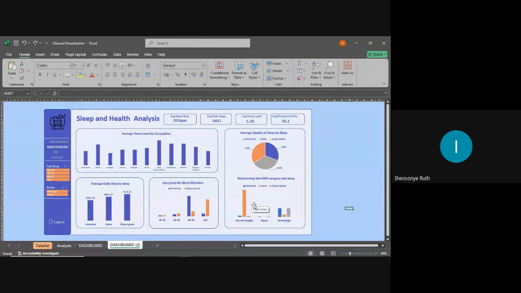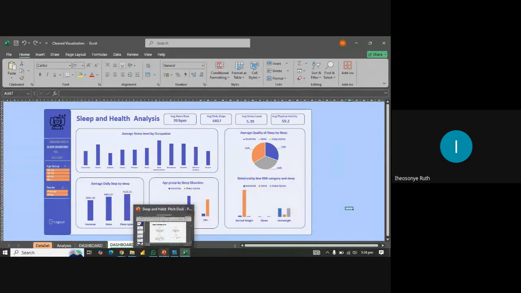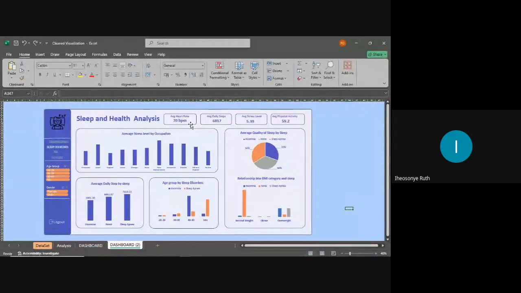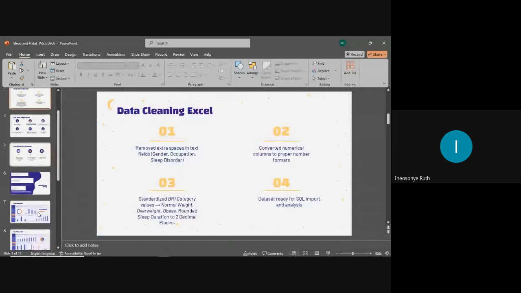So we recommend, based on our findings from our dashboard, and sorry for the KPI, we did the average heart rate of 7 beats per minute, then average daily step of 6,817 steps, then the average stress level was 5.39, then average physical activity was 59.2. So we recommended, based on our findings, we